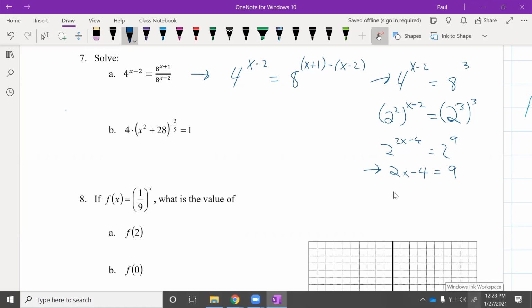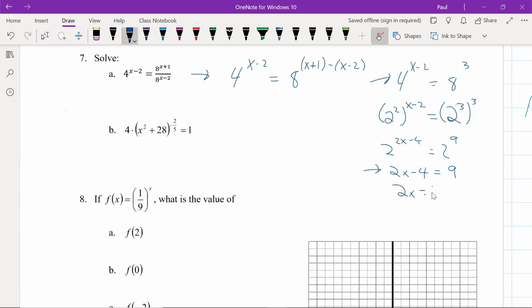Yeah. X is 13 halves. All right, nice work. Who wants B? Let's see. Have you got one yet, Patrick? You got B, Patrick. Alright, so